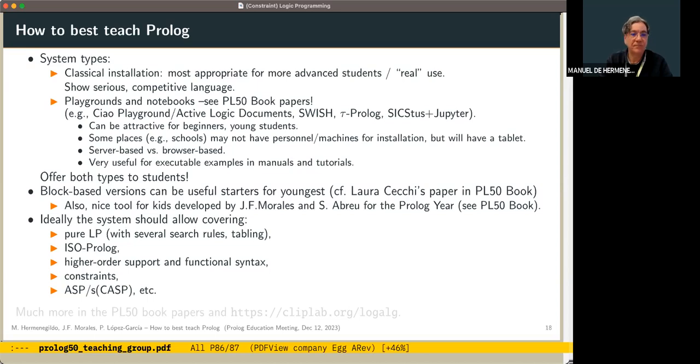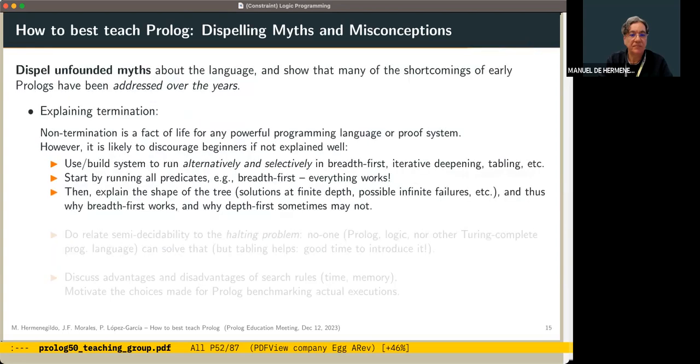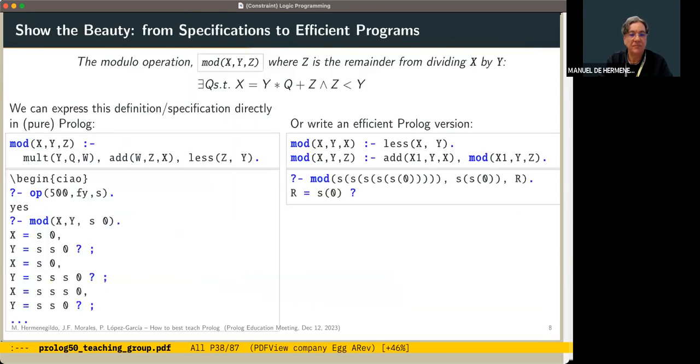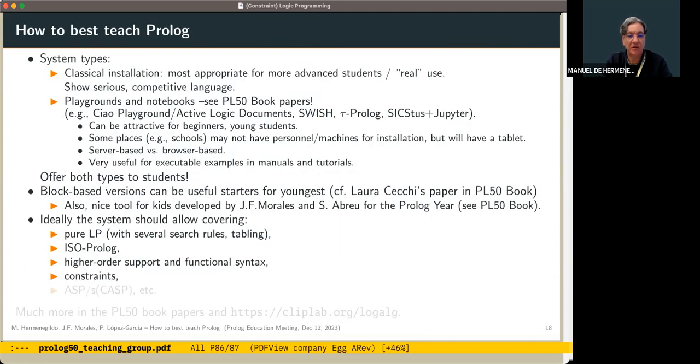And let's go back for a second. Yes, I thought I had forgotten something, but I did not. Anyway, and I finish here. I'm right on time, I think. There's much more in the Prolog book, so I invite you to look at the paper there. But anyway, this was just a few thoughts on what we think is important, what should be emphasized when you